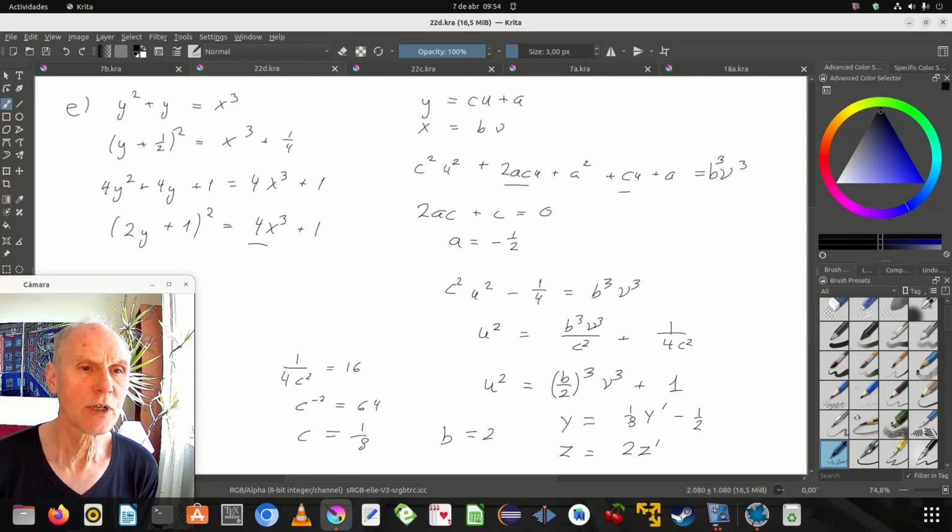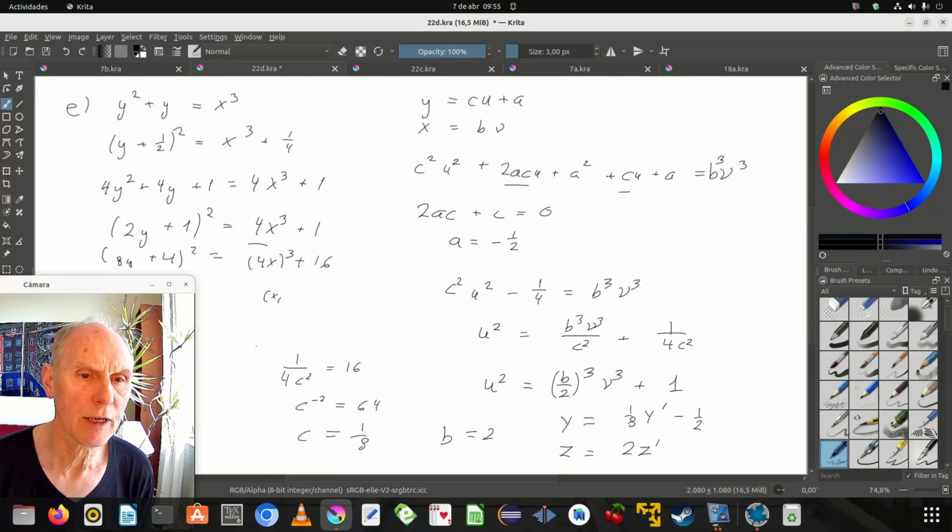Now, to find that there's a rational map from one curve to the other, I don't think I solved this at the time, really. We of course must multiply by 16. So in here we get a factor. (8y plus 4) squared equals 64x to the third, and that means the map must be